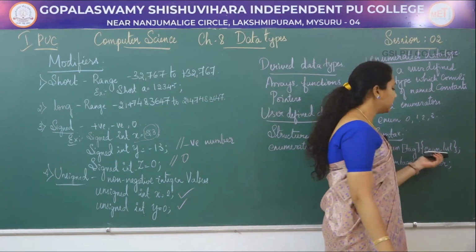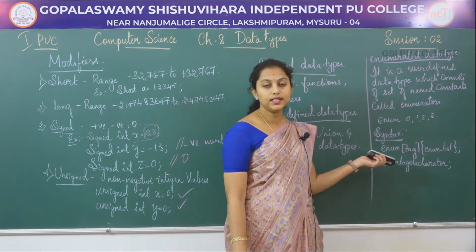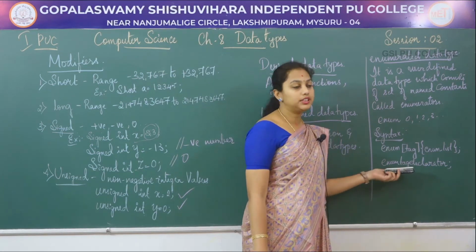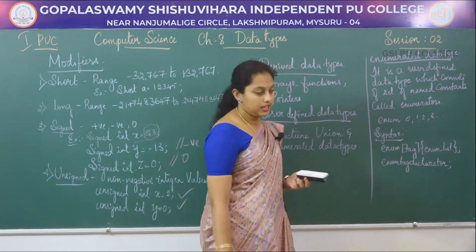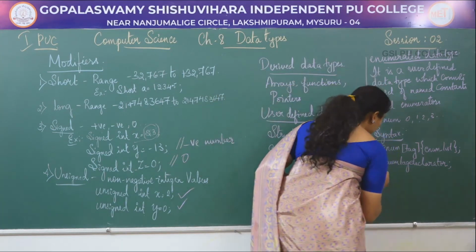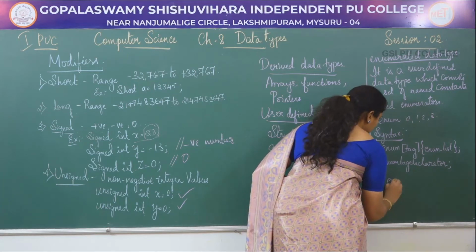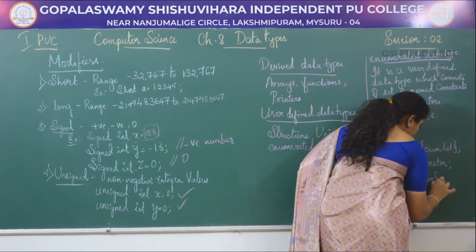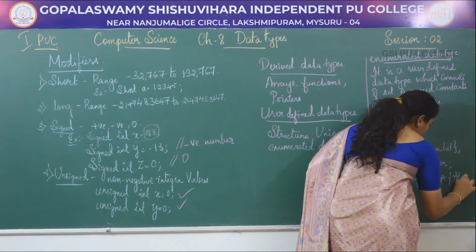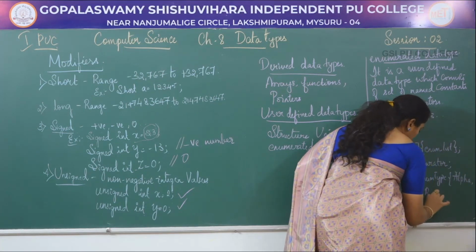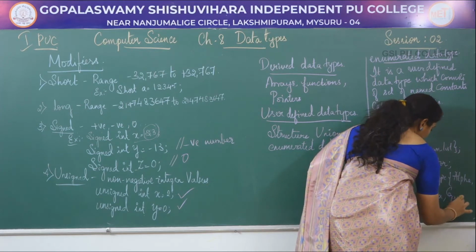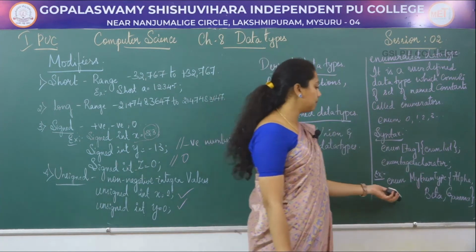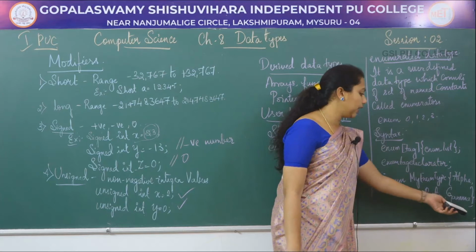So this is for the definition of enumerated tag, and this is for the declaration of the variable of type enum. An example for this is enum